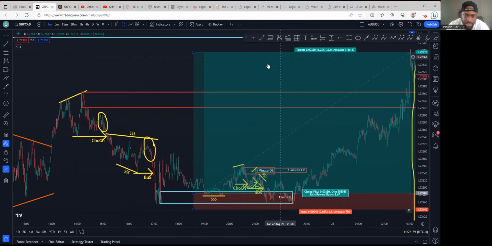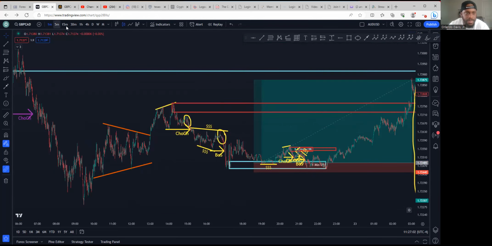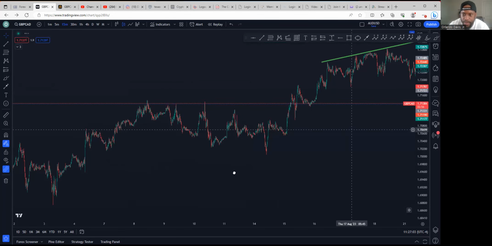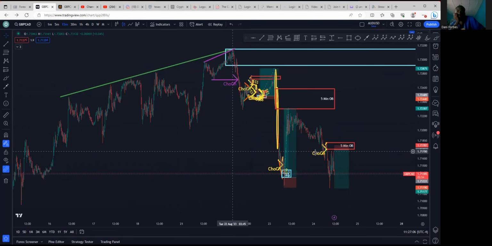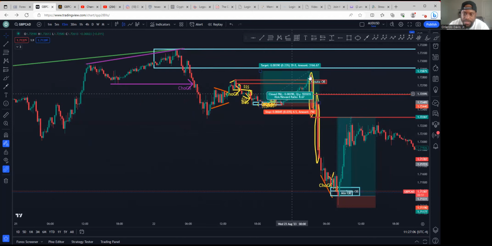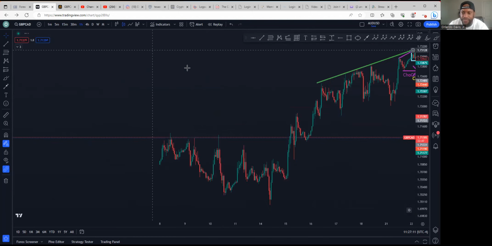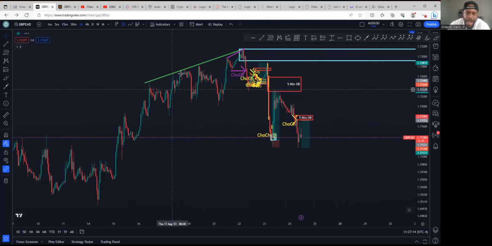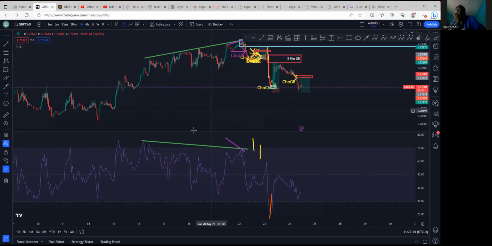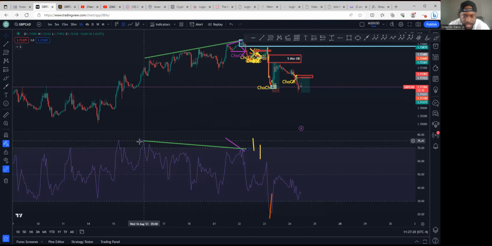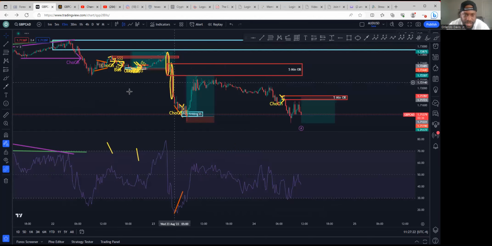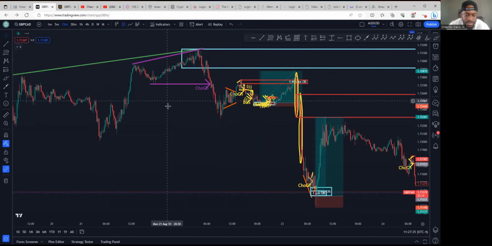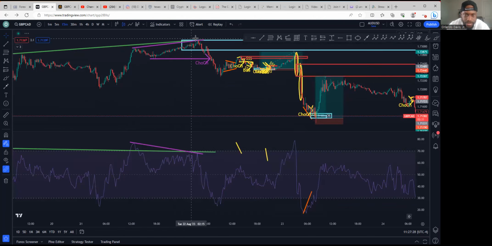4 pip stop loss, 39 pip gain. And guess what? Because on the higher time frame, we knew that this buy was counter trend. So guess what? Because on a higher time frame, we're creating what? A higher time frame, right? Price is doing what? Slanting upward, slanting lower. Also on the 15-minute time frame, price is doing what? Slanting upward, slanting lower. Midpoint, change of character area.